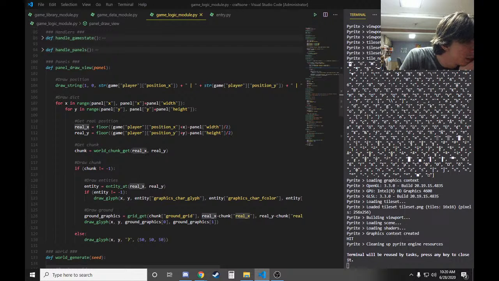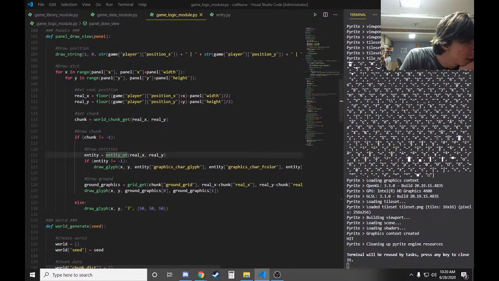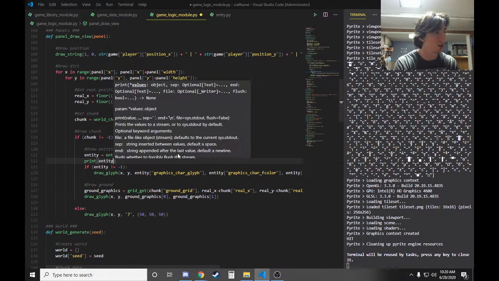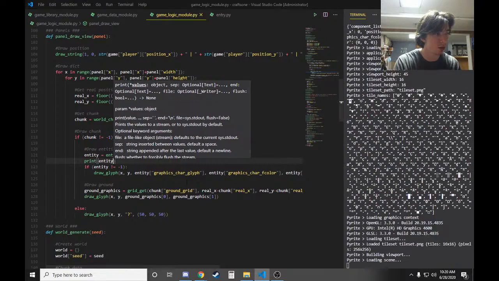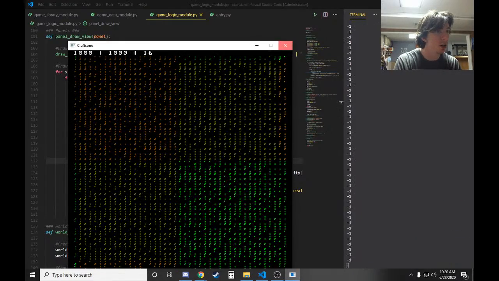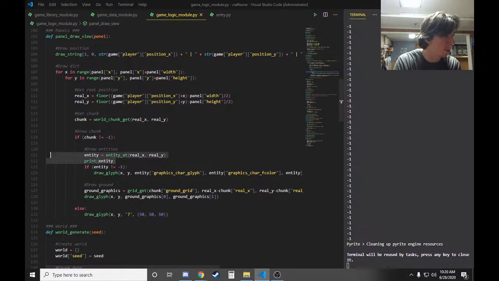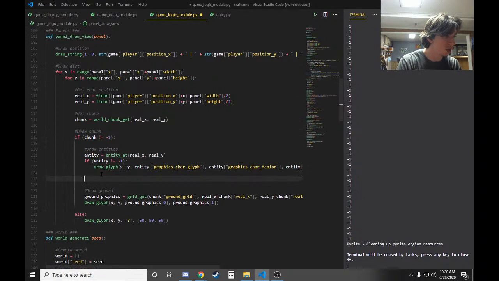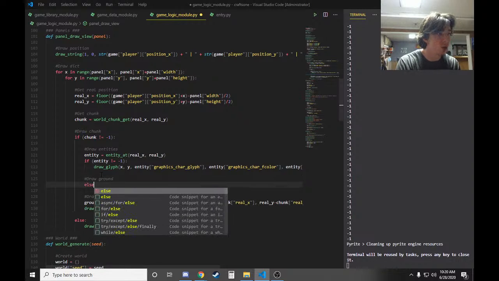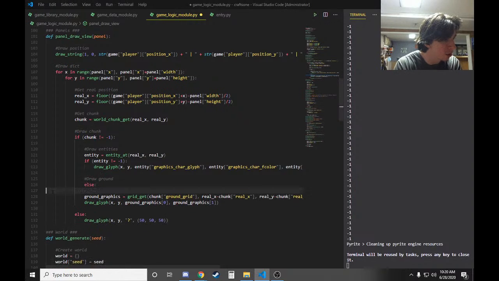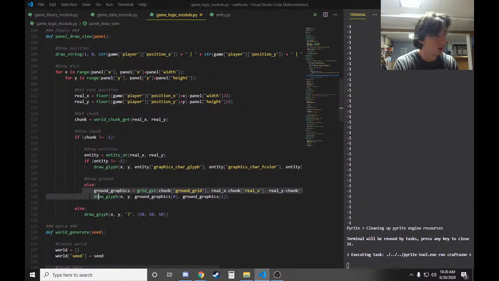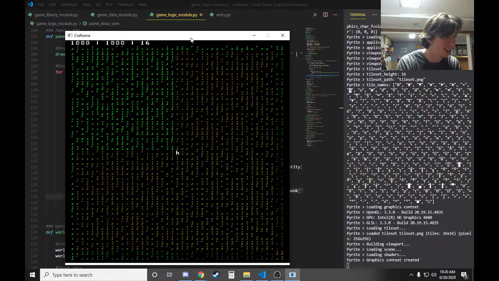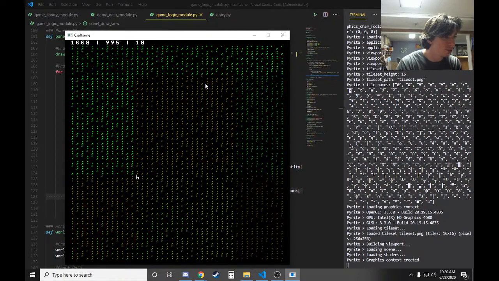Real x, real y, entity at. And I guess we're always getting -1. Is that the issue? Oh, no. Wait a minute. We're going to say draw ground. It was working the entire time. We were just drawing the ground over it. That's the problem, I guarantee. Yep. Okay, cool. So now